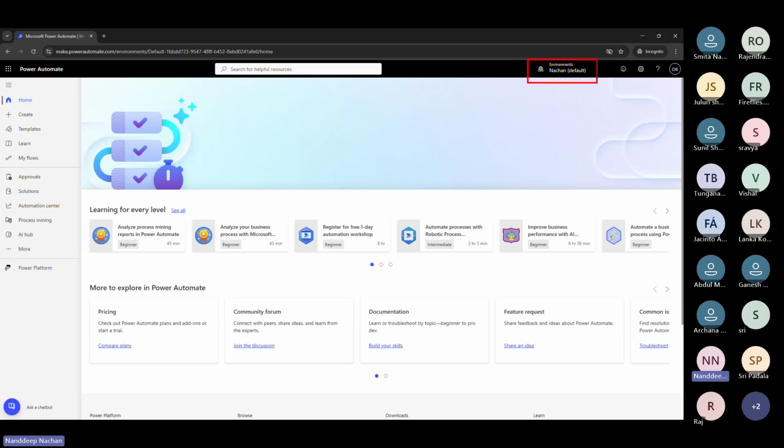The default environment is one of the environments where we cannot have control, because everyone by default will have the app maker role, which we cannot take away. Because of that, the issue observed here is that everyone starts building their agents